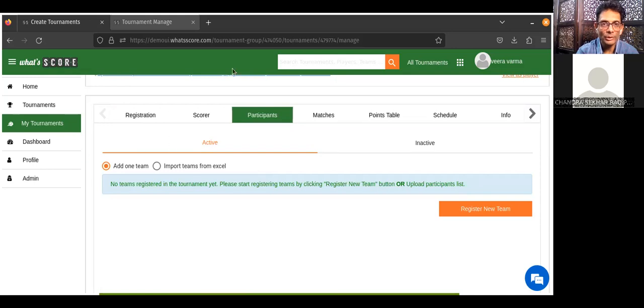So players can register themselves on this URL, and when they start registering, you can see them here. There are different ways of registration. One is that the teams themselves can register by this URL. That's the first method. The second method is we can add one team manually, like how I can do here,